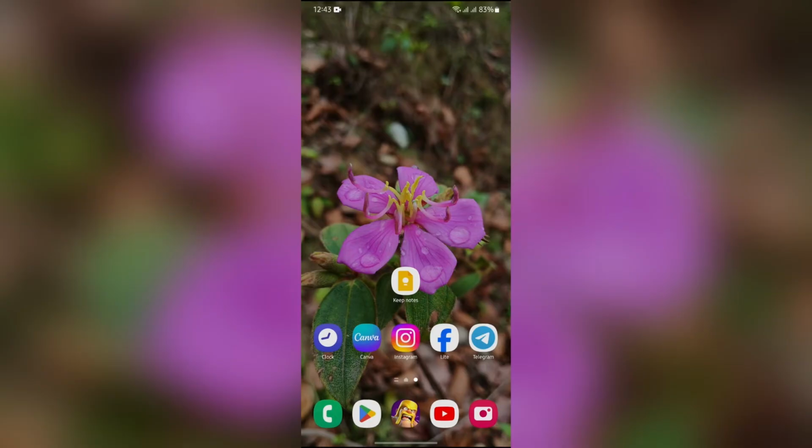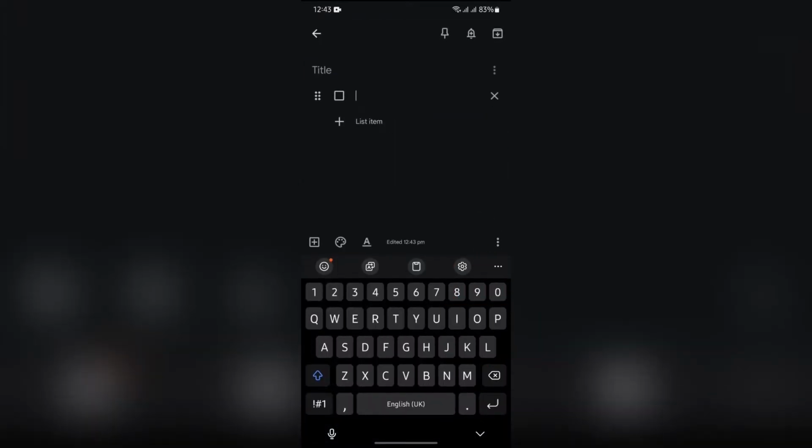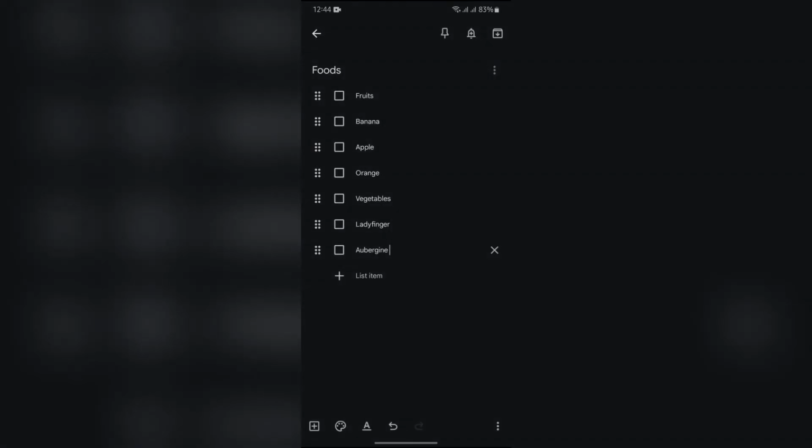Now, in order to indent, you just simply have to open your Google Keep application and then tap into this button, and after that you just simply have to title this one first and then make a list at very first. For example, let's say I want to make a list of foods that I want to buy, and at